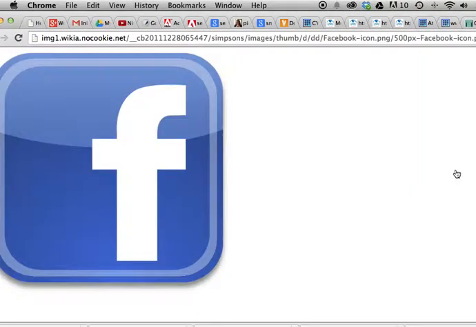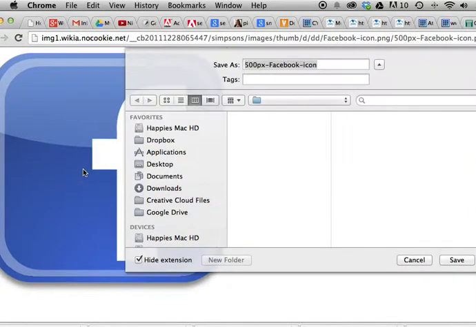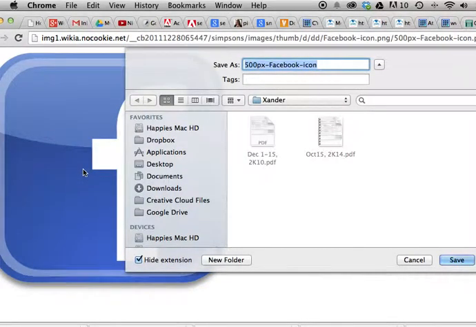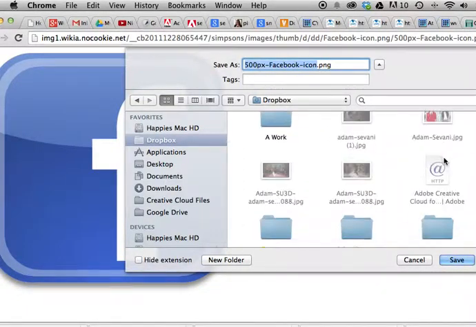Let's see, is that a PNG? It doesn't say. I don't want to hide the extension. Yes, it is. All right. So I'm going to grab this one,